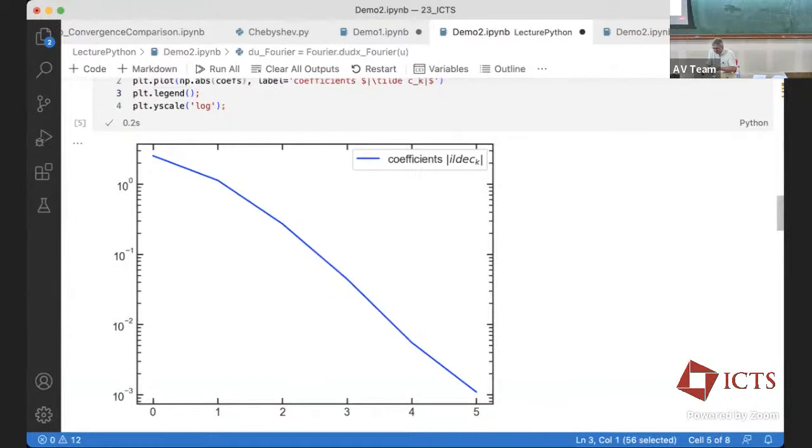Here we go. You see that we're still starting at 2.5 with the 0th coefficient, but by the time we get even to the 3rd or 4th coefficient, we're already at a factor of 1,000 smaller than originally. And this is just an illustration of how amazingly quickly these spectral coefficients can decay if one does everything right, and if the function and the problem are suitable for these tools.